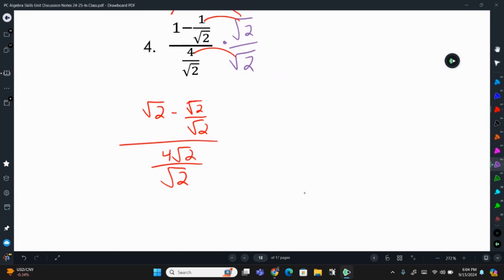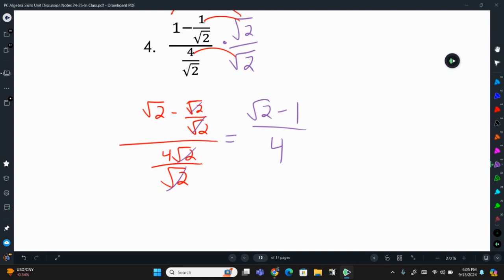So we can simplify this a bit. The square root of 2 is just going to be the square root of 2. Square root of 2 over square root of 2 is going to be 1. And then here we have 4 times the square root of 2 over 2. Those will cancel, and then we're left with just 4. So using this LCD simplification